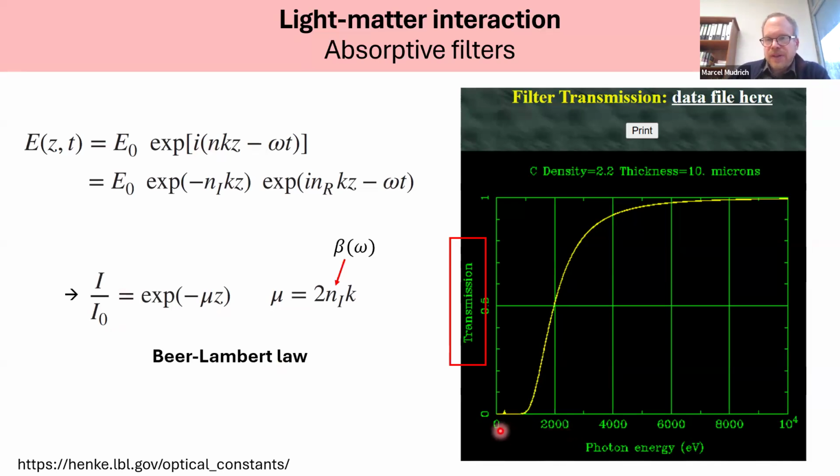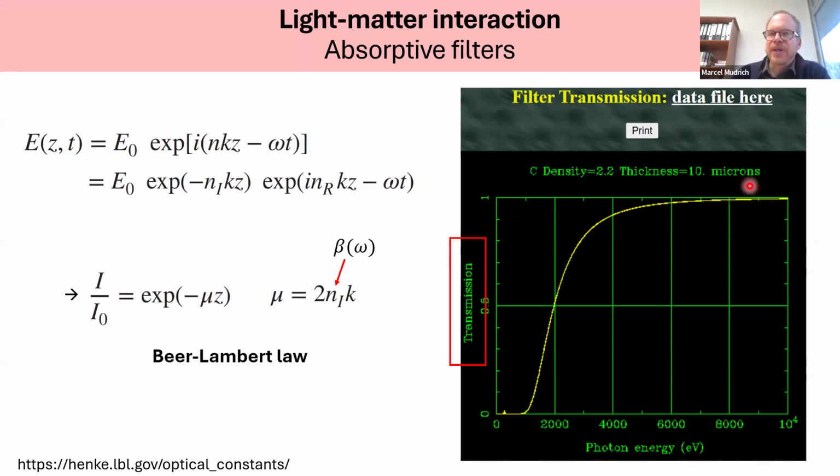And there, if we plot the transmission, so 1 minus the amount of absorbed intensity, we find very low transmission, so complete blockage of X-rays in the range. So this is for a 10 micrometer carbon layer, like a diamond window. There we find complete blockage in the range up to about 1 kilo electron volt, and then a high